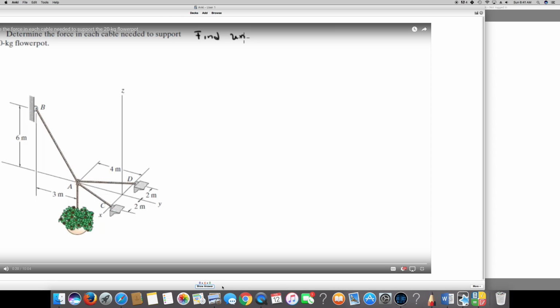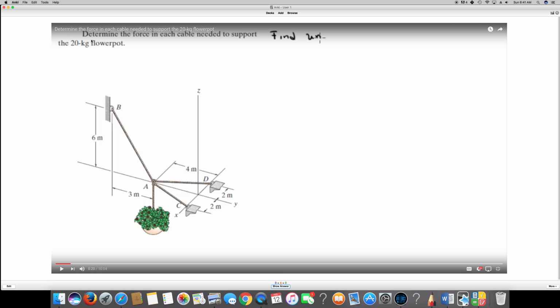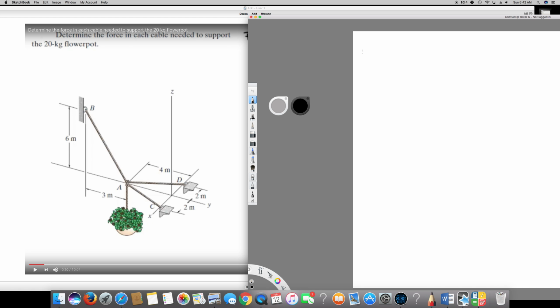Okay, next question. We have a pot right here. They are asking to determine the force in each cable needed to support the 20 kilogram flower pot. So in order to do that question, first of all, I have to find A, B, C, D. Let's find it. I start from the A. A is going to be equal to,